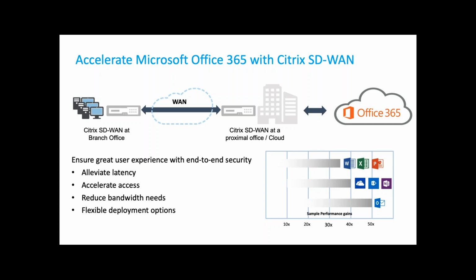So what we're doing here is to align with Microsoft's connectivity principles. We're the first vendor to have been able to do that. And these are having the ability to actually identify and differentiate Office 365 traffic from anything else. Out of the box, we identify 4,500 different applications. So we can see from the first packet going through the device with deep packet inspection that this traffic actually is Office 365. And from there, we can use our DNS service.